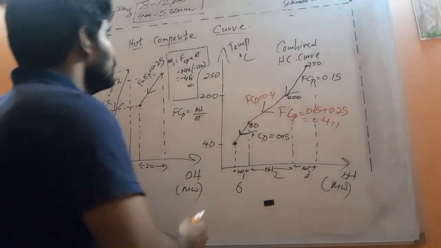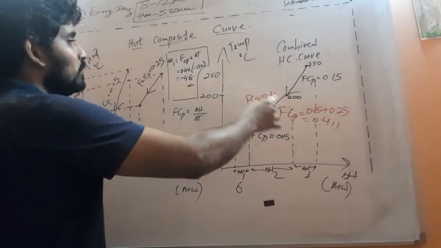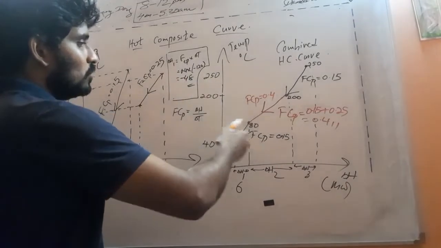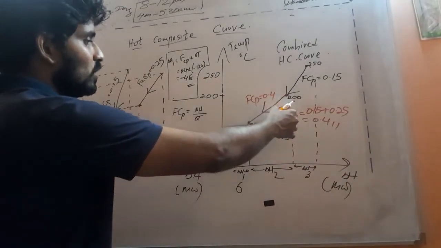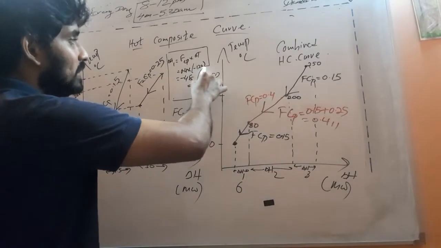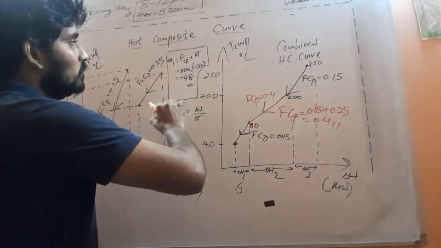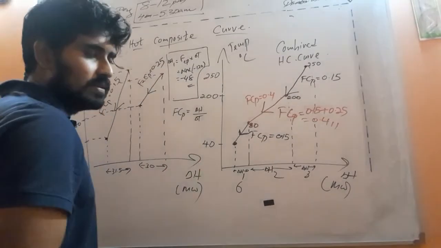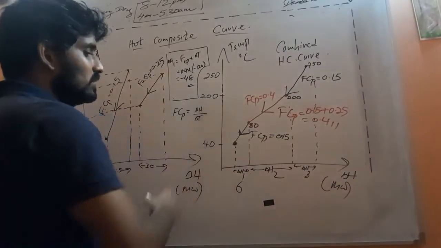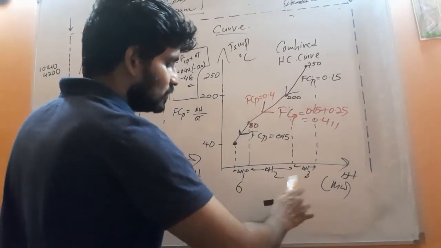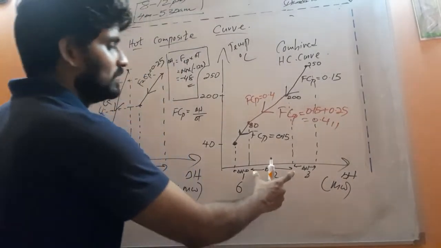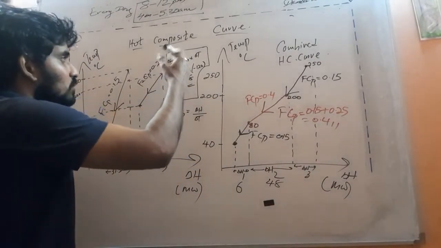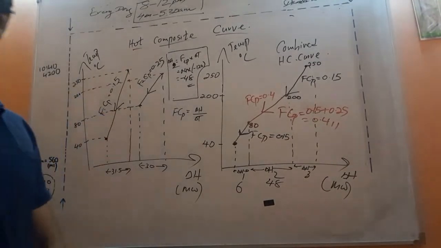So then what is delta H2? Now you know FCP 0.4, that is positive, delta T, that is target minus supply. So target 80, supply 200, so 80 minus 200 is minus 120, so minus 120 into 0.4 is minus 48, right? But you are going to consider a width, so you do not need to worry about the sign. So this width is 48, and this is delta H2.